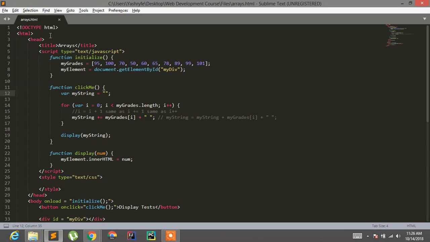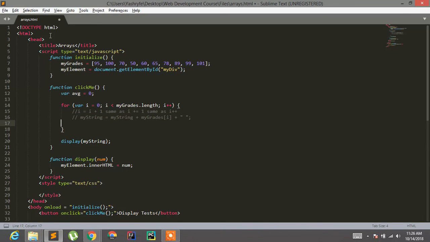So instead of my string, I'm gonna say avg equals 0, and then I'm just gonna delete this code right here, keep the comments and everything. So I'm just gonna say avg plus equals my grades sub i,